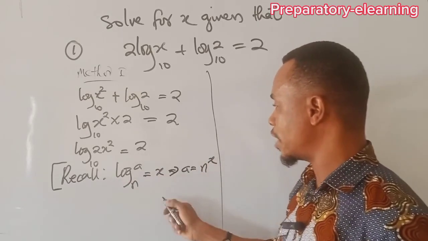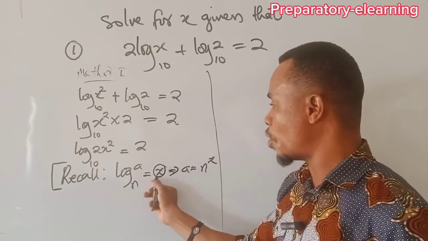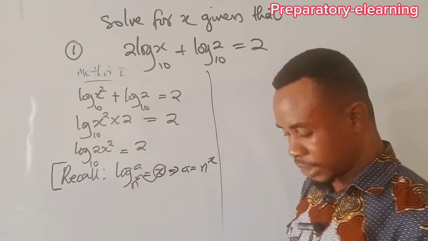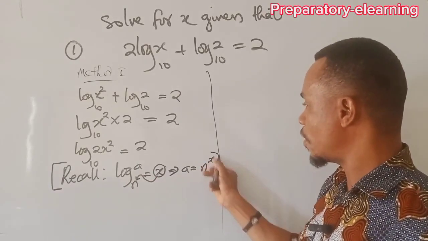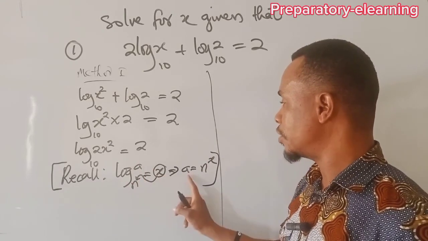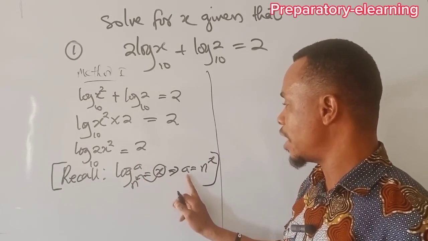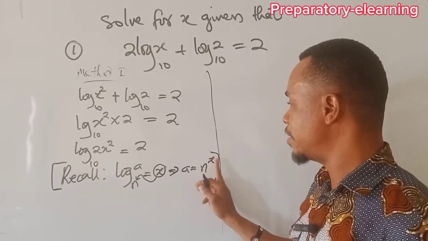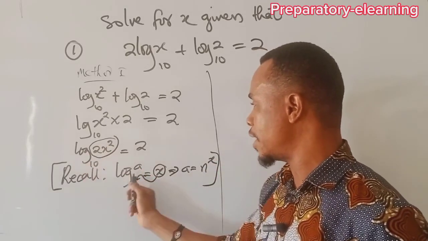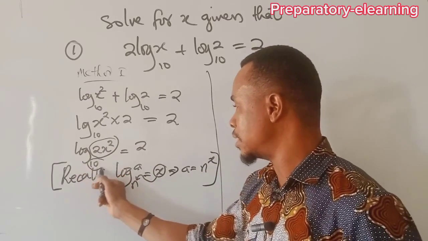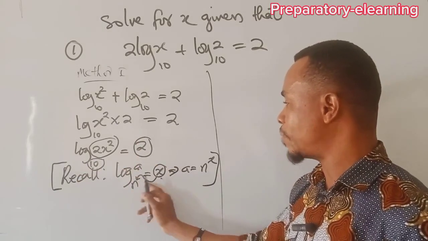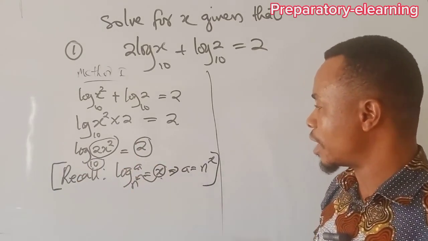As there is no log again, this x you have here will come on the base n, equating it to letter a. So recall this law that says log a base n equals to x. To simplify this, you have a is equal to n power x. So this is like saying our a, and this base is our n, and the 2 here is this x. So applying this law of logarithm, we have